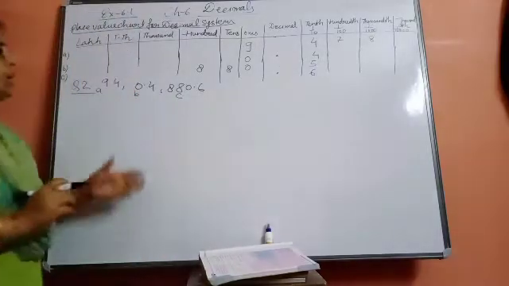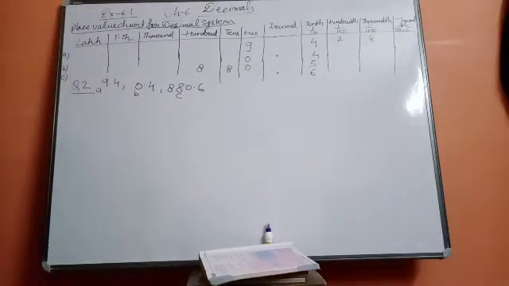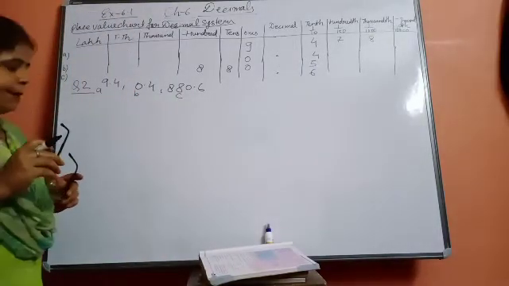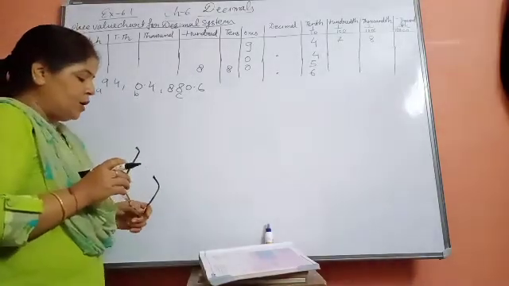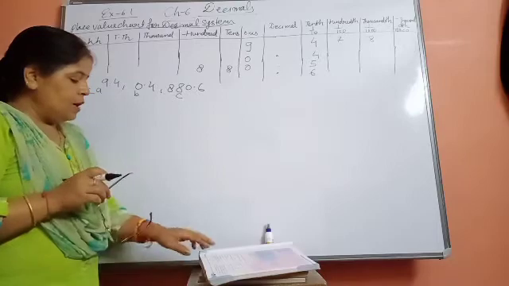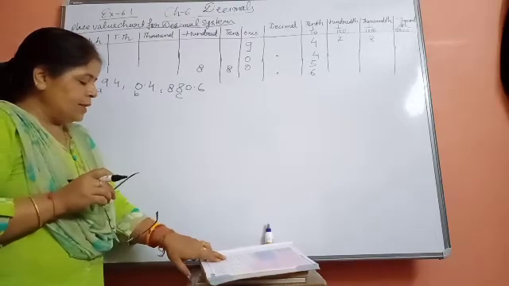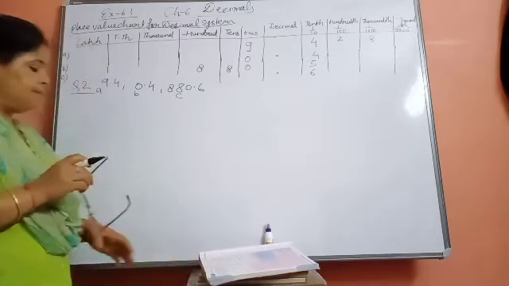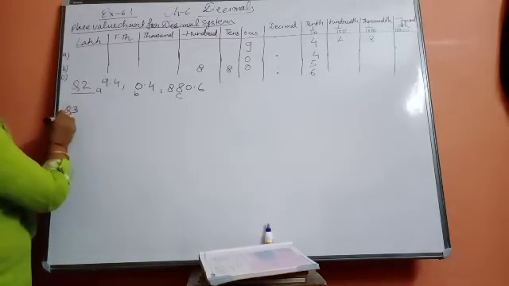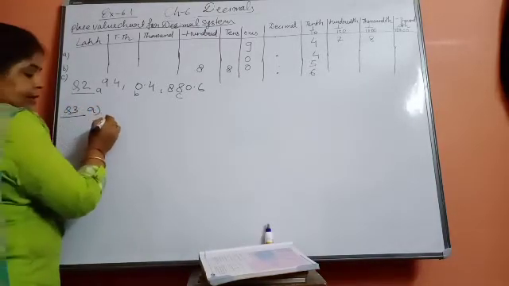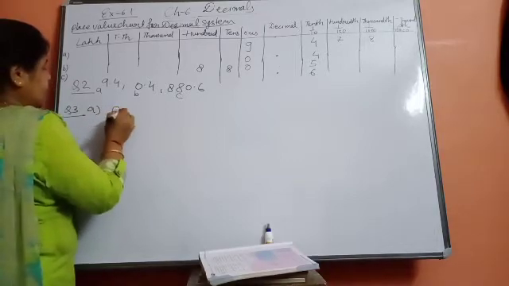So in this way you can do the means ABC part. I have done, and D part I am leaving, that is 23.9, that part I am leaving for you. Okay, now come to question number 3, that is write the following as decimal. Question number 3 is, and what is the A part? That is 8 tenth.